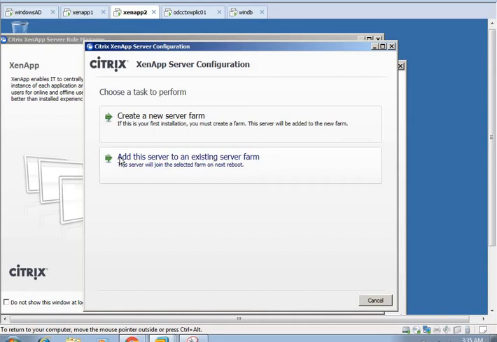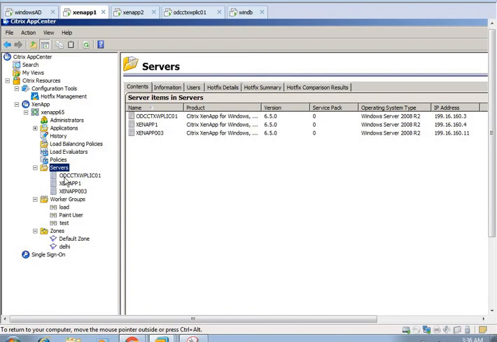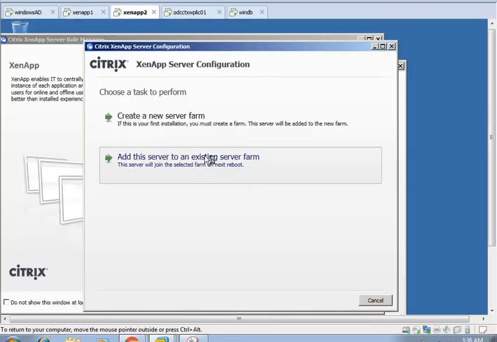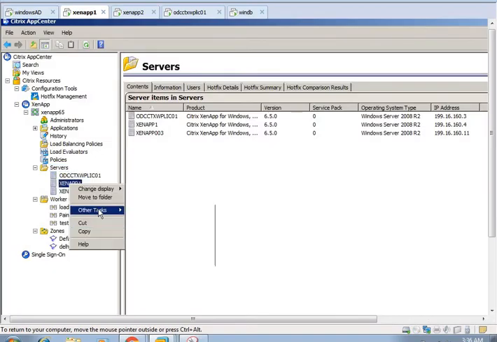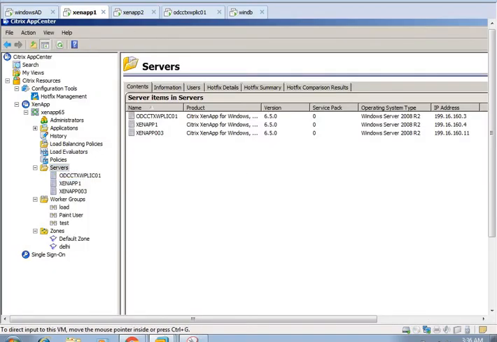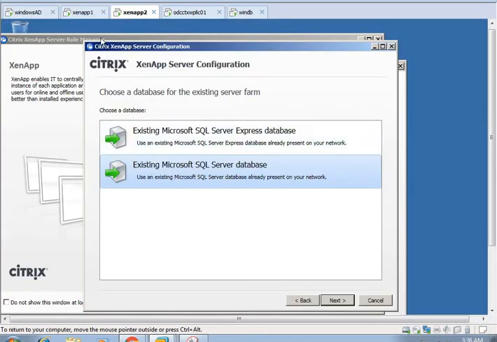If we are adding a server in the environment, then add server to the existing farm. Select this one, let it be done, and here we can see the server is removed from the farm. So for decommission, first we uninstall XenApp from the member server, then remove the server from the console, and then we can decommission the server. After choosing this, we are using the existing Microsoft SQL Server database, which is WinDB.